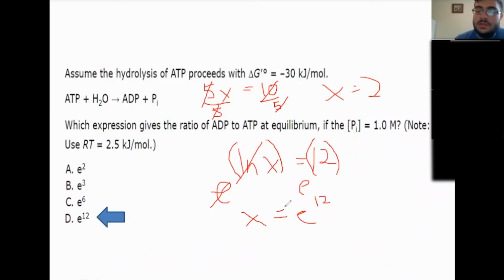So you just make sure to do the opposite operation. The opposite operation of an ln is e to the power of. E to the power of ln x cancels the ln, x is the only thing left, right? Just like here, 5 times x, divide both sides by 5, you just have x alone. Here, e to the ln x cancels out, x alone. Whereas this side you keep, so you took whatever number this was and you did e to the power of it, right? And e to the power of 12, and that's the answer.